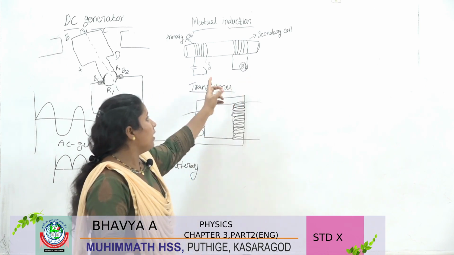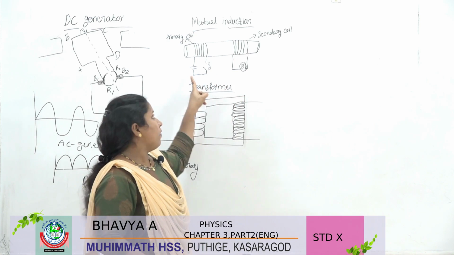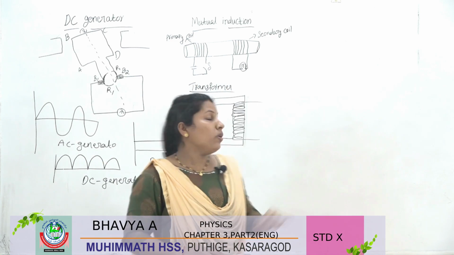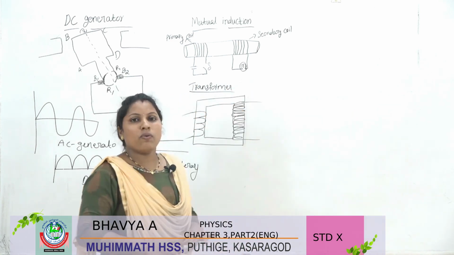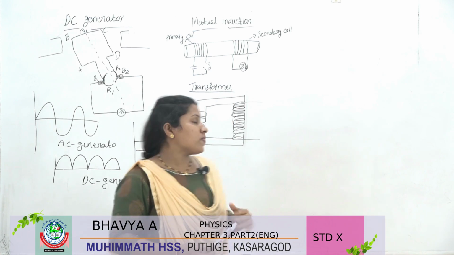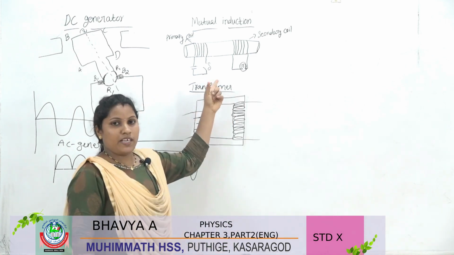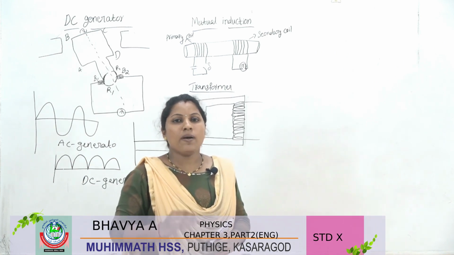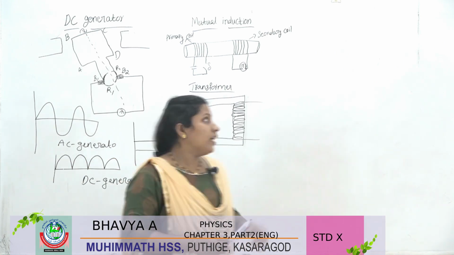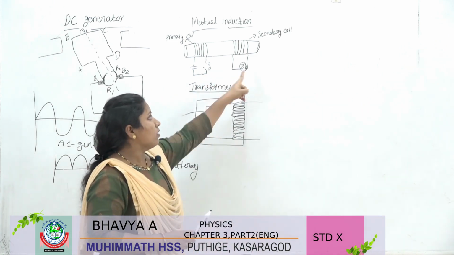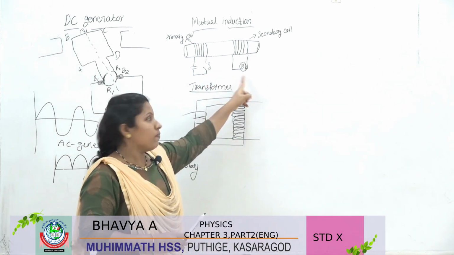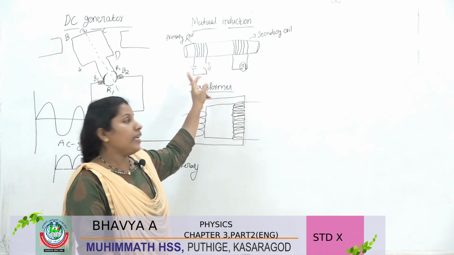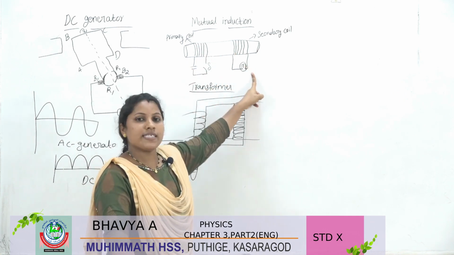So we need this bulb, here we have connected DC, no? We need this bulb to glow continuously. So what is the method? We should use AC current here. AC current means alternating current. So the variation of magnetic field or magnetic flux takes place here, and this bulb starts to glow. So when a current passes through the primary coil, an induced EMF is produced in the secondary coil.